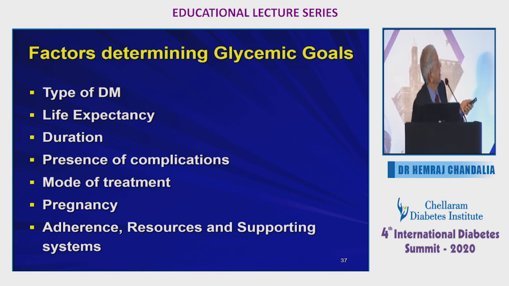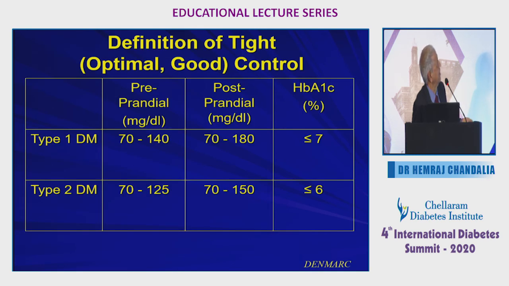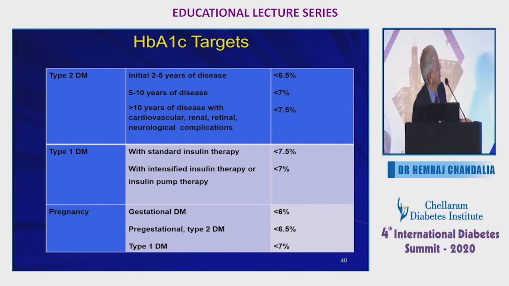You can have 8.5 in a long-standing type 2 diabetic suffering from very bad complications, having recurrent hypoglycemia, very poor family support, uneducated, some other problems. There you can say, okay, I'm happy with 8.5, but otherwise these are the factors which determine it, and please keep revising your goals. I'll go a little fast to save time. This was again published in one of our papers, where we have shown that the goals should be different in different circumstances, brought out by many authors, but some of this was brought out by me much before all of those fellows in some of the papers published.